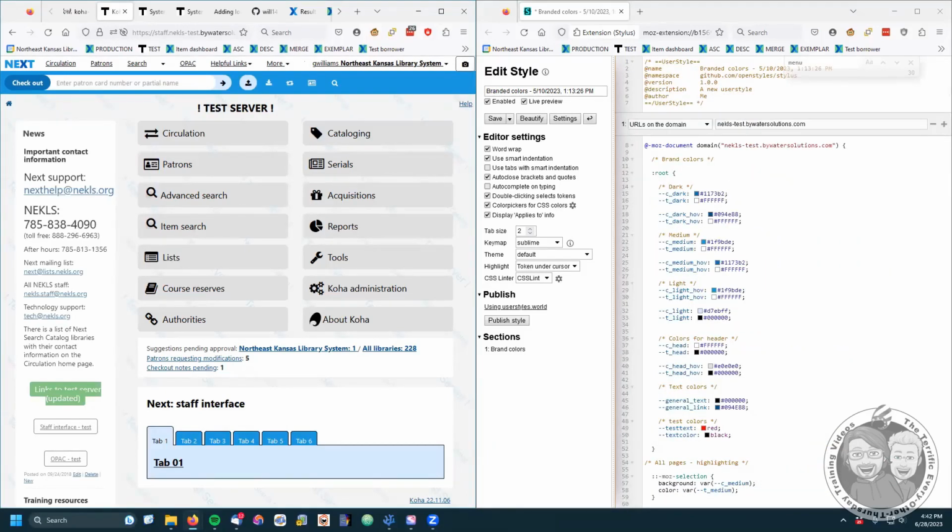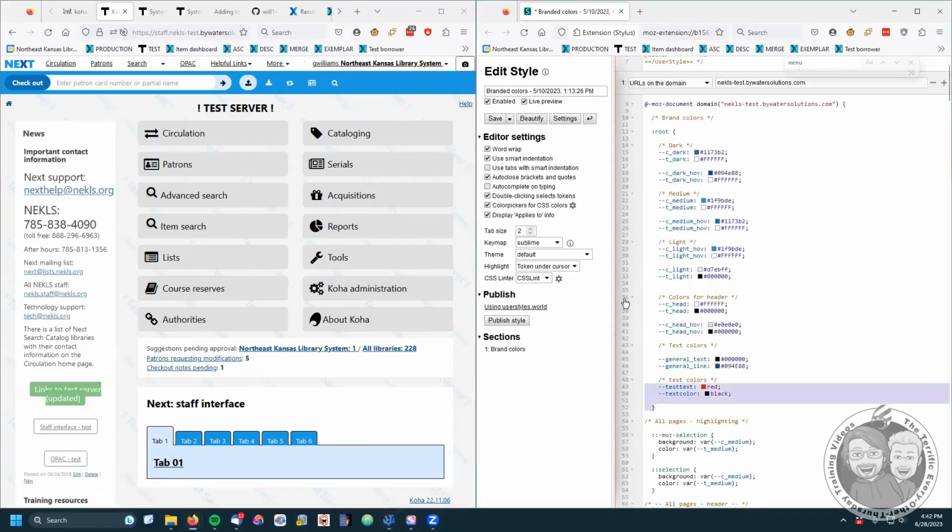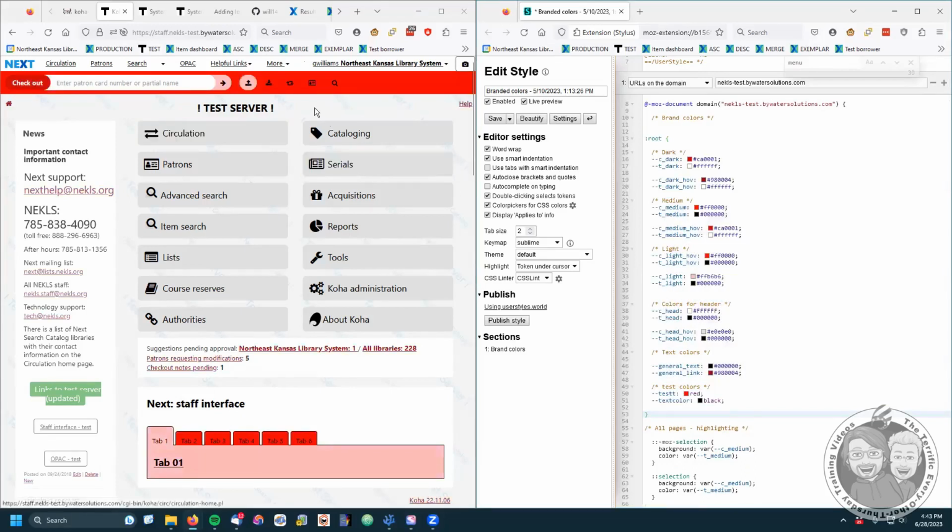So that's the NExpress catalog colors. I also used the same process and created a whole set of colors based on red instead of the NExpress catalog blue. So if we put that in there, then you've got this nice red colored catalog,